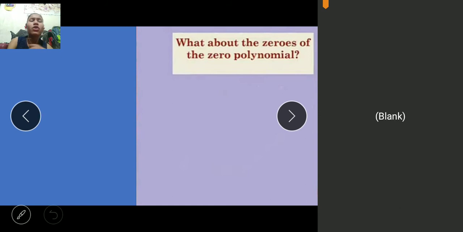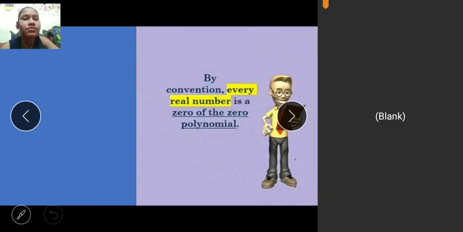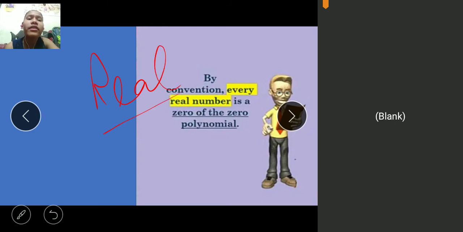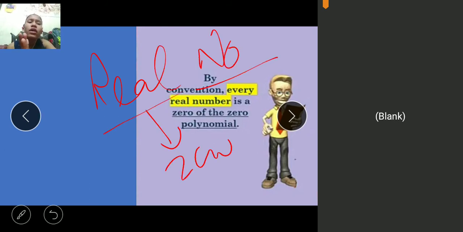What about the zero of the zero polynomial? By convention, every real number is the zero of the zero polynomial. If I talk about the real numbers, they all are zeros. If I put any real number in the equation, we obviously get